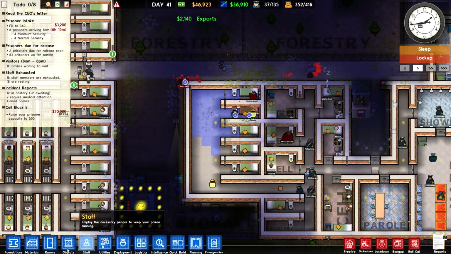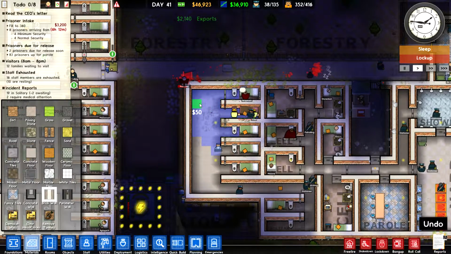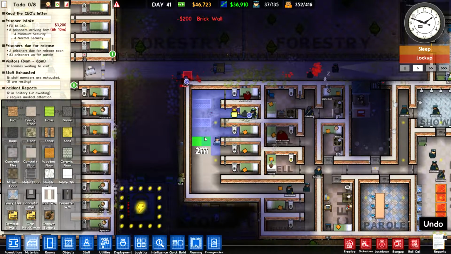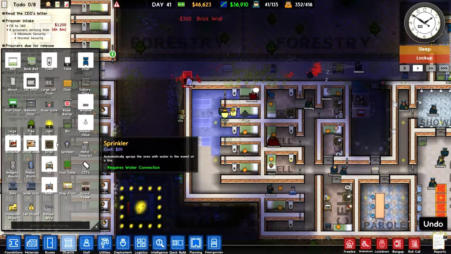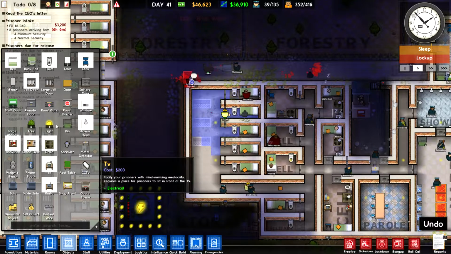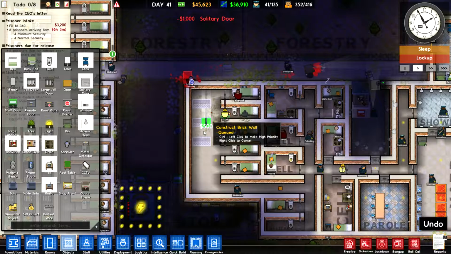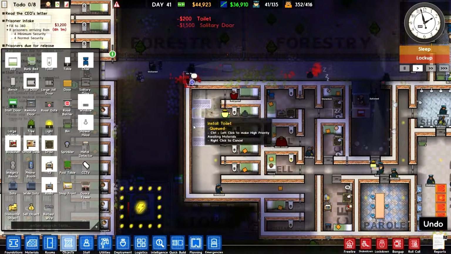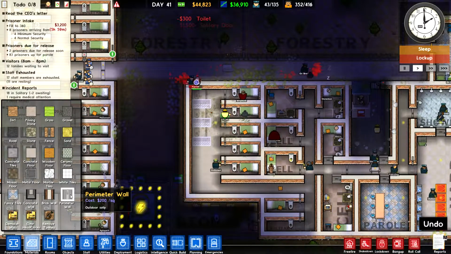I think we actually need to get some more solitaries in here, to be honest. Maybe he was in a solitary outside of maximum security and managed to escape somehow. And you're going to end up in terrible solitary cells now, so I hope you're happy about that. Although for some reason they're not quite as bad as...